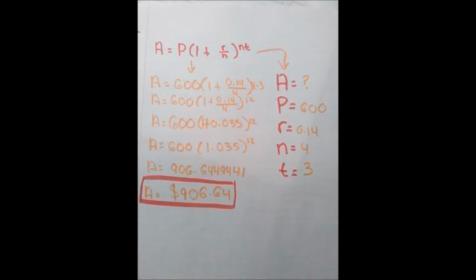I then go into the parentheses, simplifying everything until I have 1 plus 0.035, which then simplifies again to 1.035. I then use the exponent to simplify the rest of what's inside of the parentheses, and then multiply this by what's outside of the parentheses, 600. Overall, I get A equals 906.6449441. Dresden's overall balance after 3 years will be